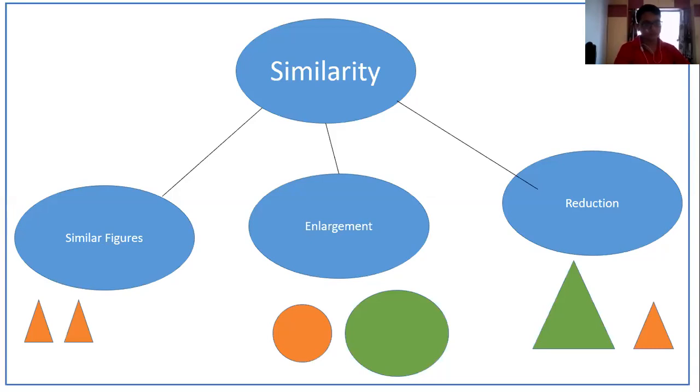So whenever we are representing anything just by changing only the size, but the sides are in the same proportion, then we call it a similar figure. Okay? Understood? Yes, ma'am. Okay.